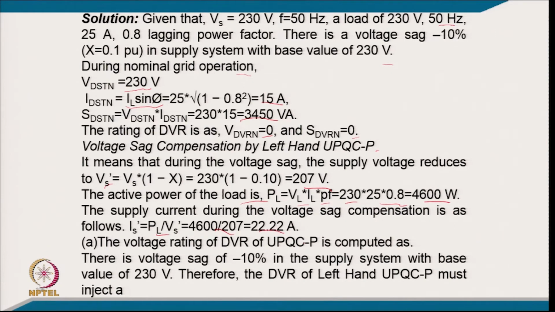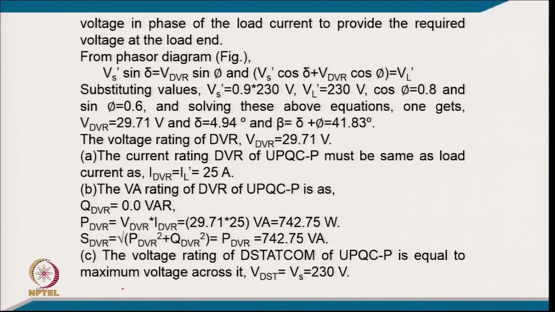So, the voltage rating of the DVR of UPQC, with voltage sag of 10%, typically for nominal voltage of 230 volt, therefore the DVR must inject a voltage in phase with the load current to provide the required voltage. So, from the phasor diagram, Vs sin delta equal to, typically, putting the value here. If you put the values here, then we get the DVR voltage equal to 29.71 and delta is 4.94 and beta comes 41.83. So, the VA rating of the DVR will be 29.7 volt,